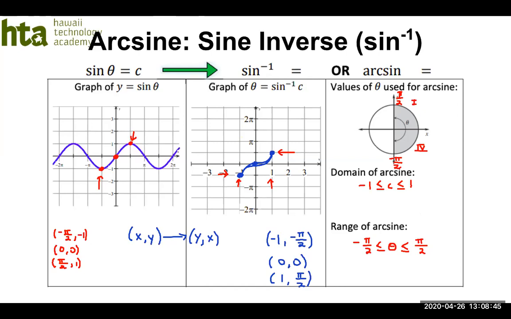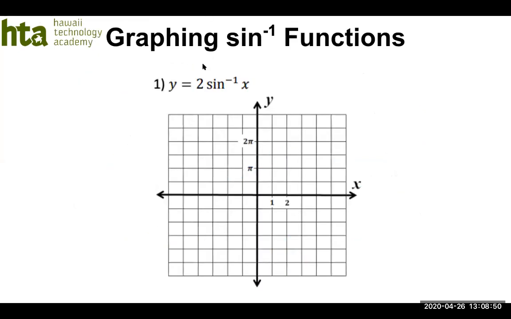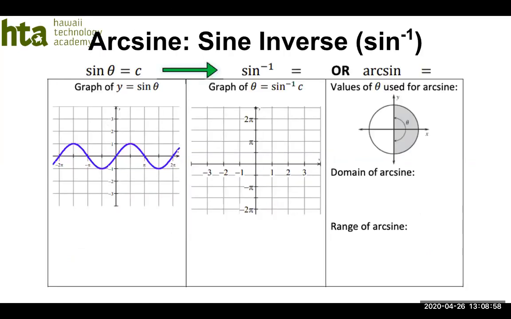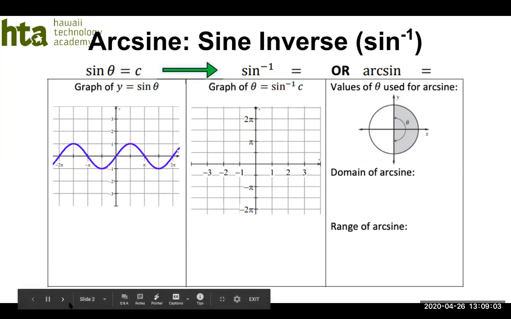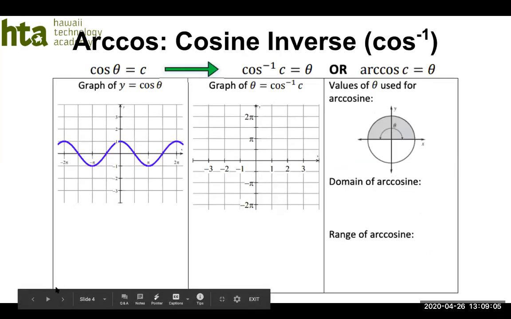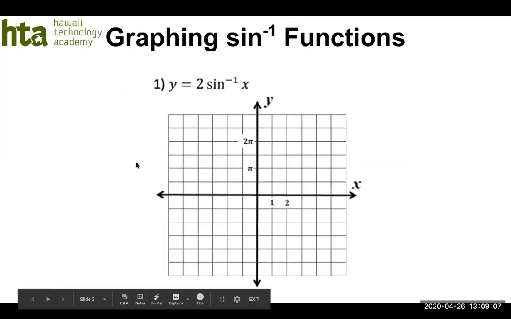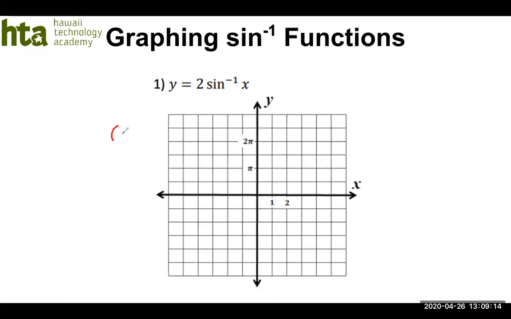So let's look at an example of a sine inverse function that we're going to have to graph on our homework and on the test. All right, so just like I've been doing for any kind of transformation graphs, I'm going to use red X's to determine where the originals are. So again, remember our points. Okay, we're going to use the same 3 points that I told you guys to always remember for sine. We need to remember the points -pi/2,